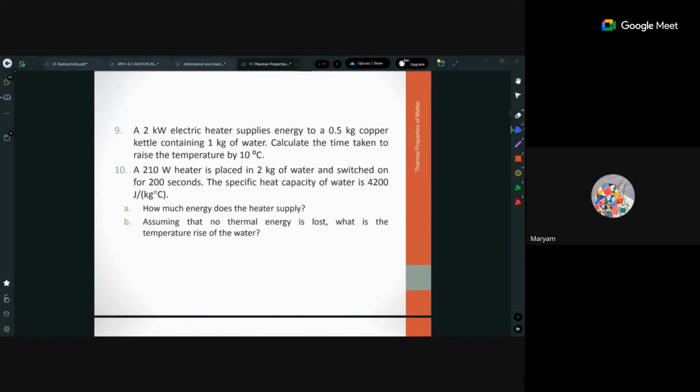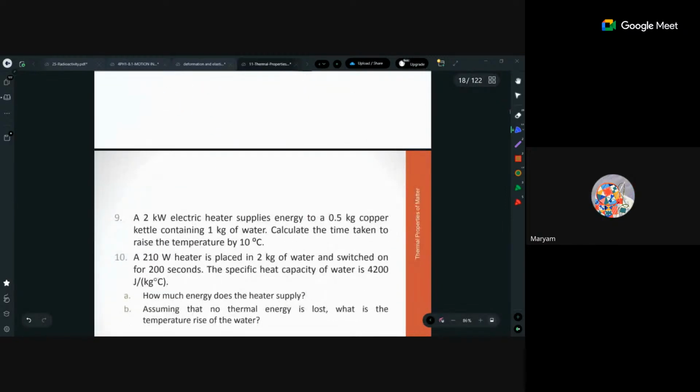Check this one. Question number 9. Let's see. How did you derive the